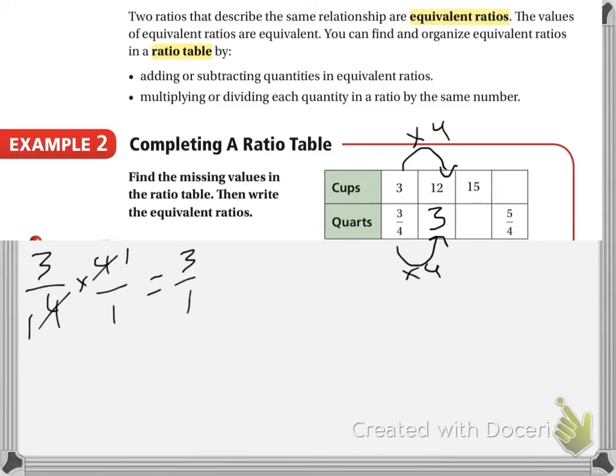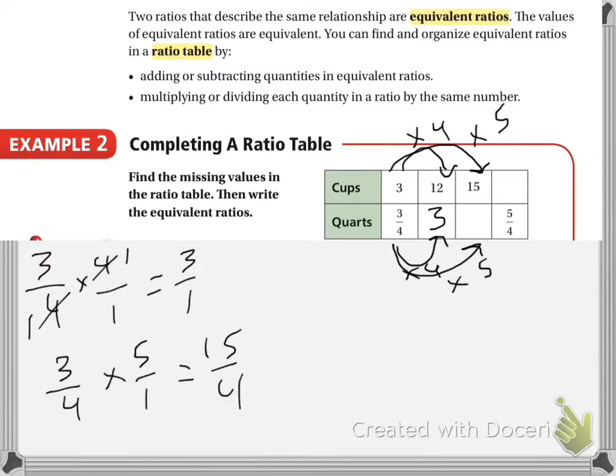All right, and then our next one, we can't go directly from 12 to 15. So if we go back to that 3, we know that 3 times 5 gets us to 15. So then I'm going to go back to my 3/4, and to get equivalent, we're going to do the exact same thing. If I did times 5 to get from 3 to 15, I'm going to take my 3/4 times 5. So I'm going to come over here, 3/4 times 5 over 1. And it doesn't look like I can cross cancel at all. So I end up with